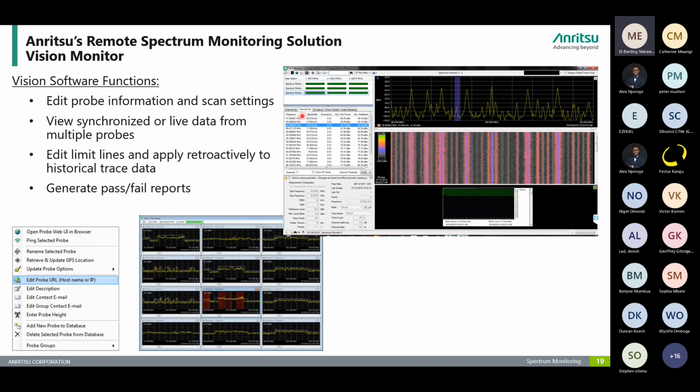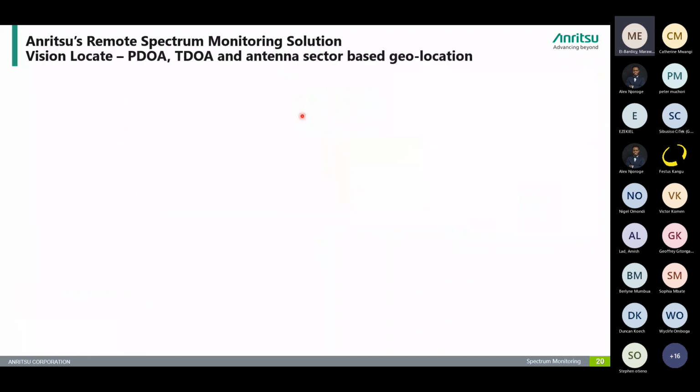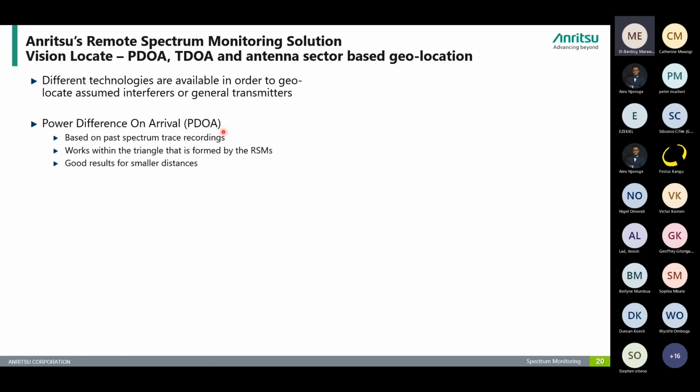software. Then, of course, there is the locating vision software, which uses different technologies, and this is what I was talking about, how the software can enable you to estimate the location of the interference. So there are different technologies for that. The first one would be the power difference on arrival, the PDOA, and this is of course based on past trace recordings, and it works basically that it forms a triangle over which we would say that yes, the interference is somewhere